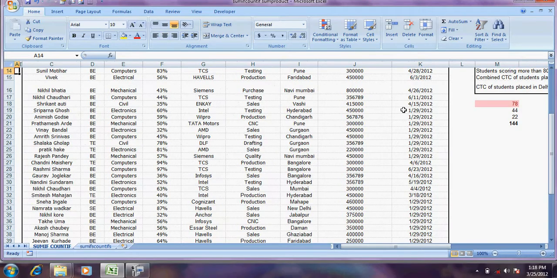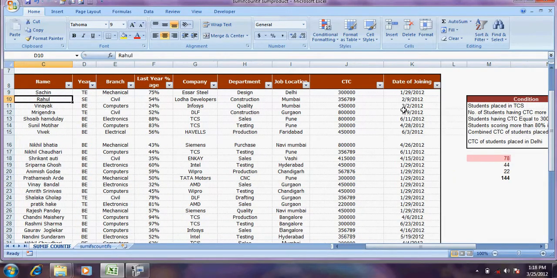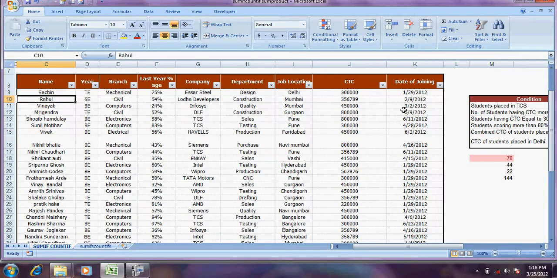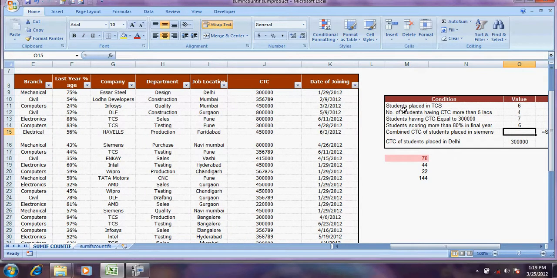Now let's assume all these companies were brought by some professional consultant or agency who's an intermediary between the company and the college, and the commission which they charge is maybe 5% of the total turnover offered by some company in that particular college. Suppose Siemens was asked to go to this college by some agency, and they said that whatever CTC Siemens will give to your students, they will charge maybe 5% as commission. So for that we want to know the combined CTC of students placed in Siemens. For that we need